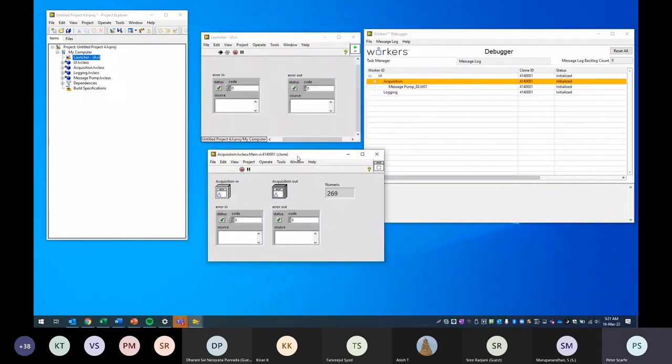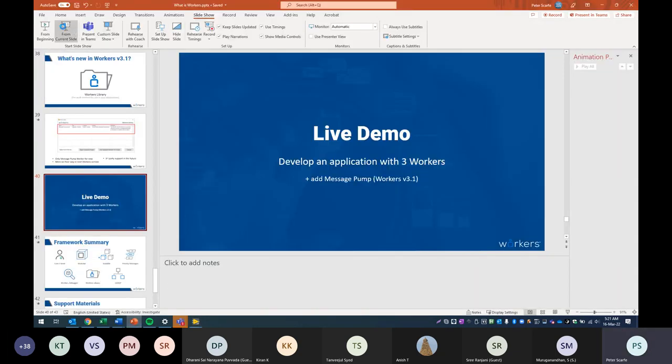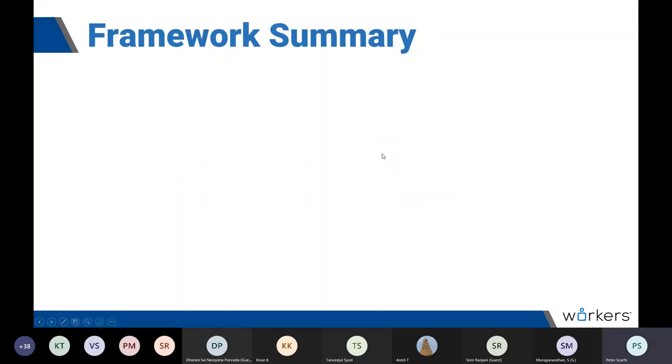So that's pretty much how you build applications with workers. It's very modular, very scalable, and is quite easy to use. So back to the presentation. So in summary,